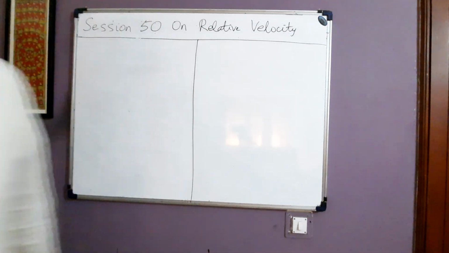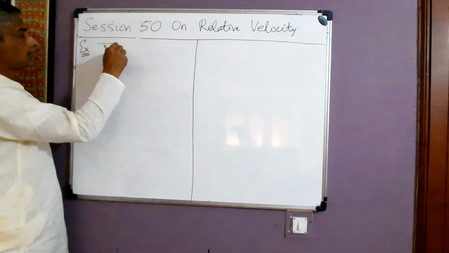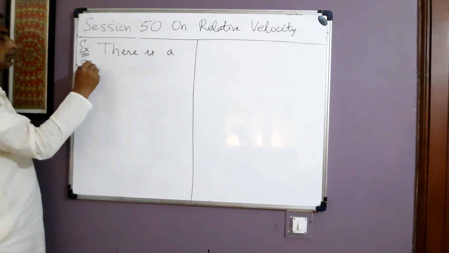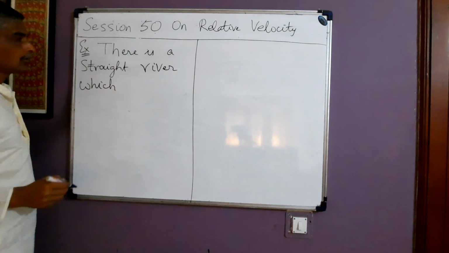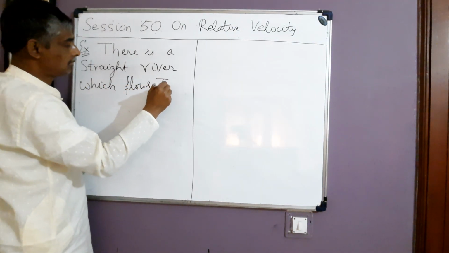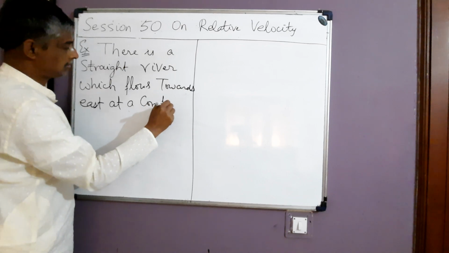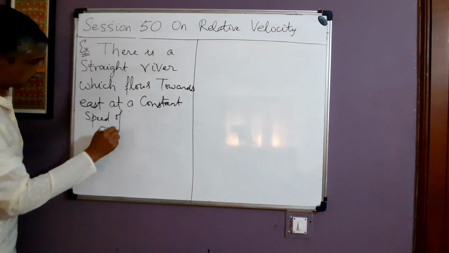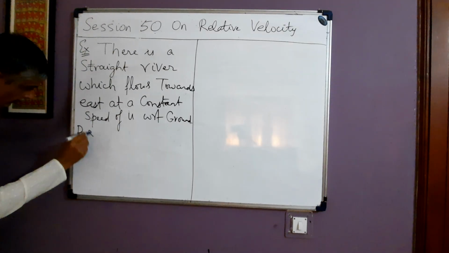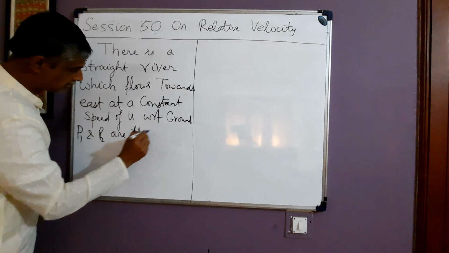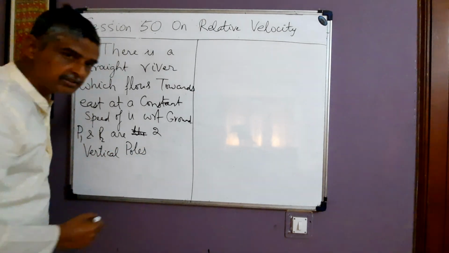So I'll write down the question. There is a straight river which flows towards east at a constant speed of u with respect to ground. P1 and P2 are two vertical poles fixed in the river bed,